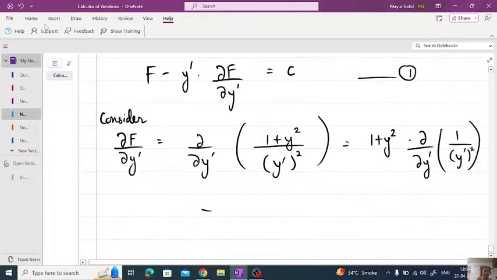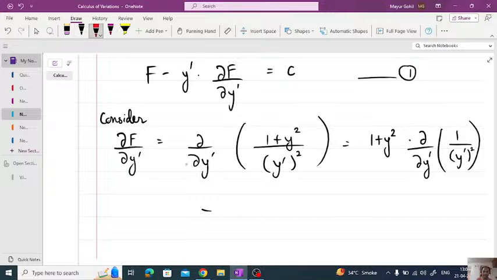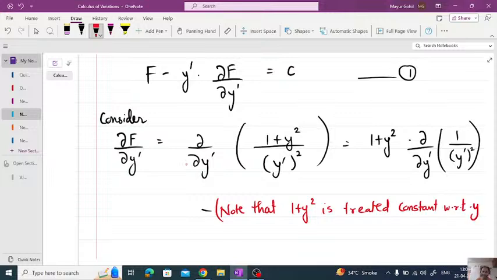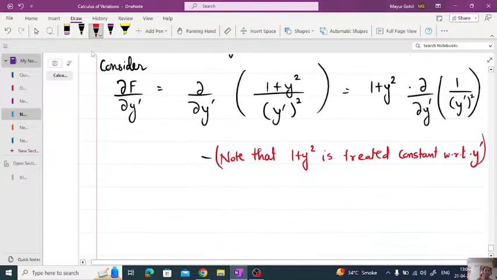Please note down here: note that 1 plus y square is treated as constant with respect to y dash. Okay. With respect to y dash, this is treated as constant. Now, what do you get here? Dabba f by dabba y dash is equal to 1 plus y square times